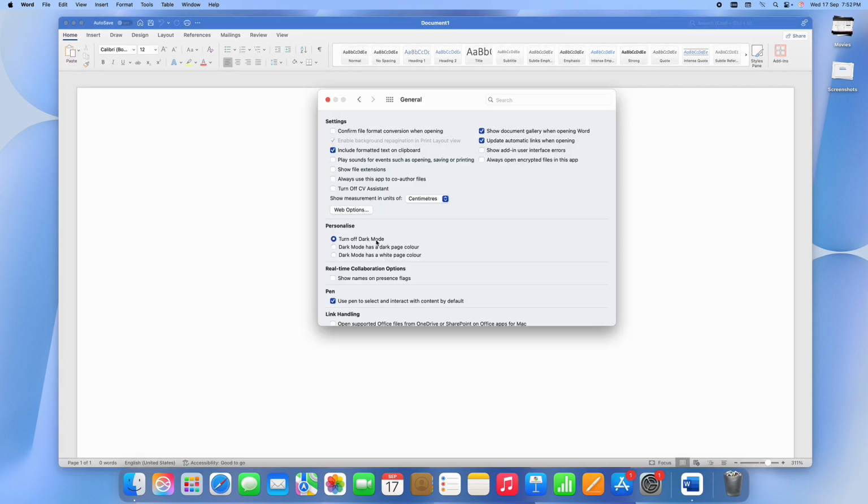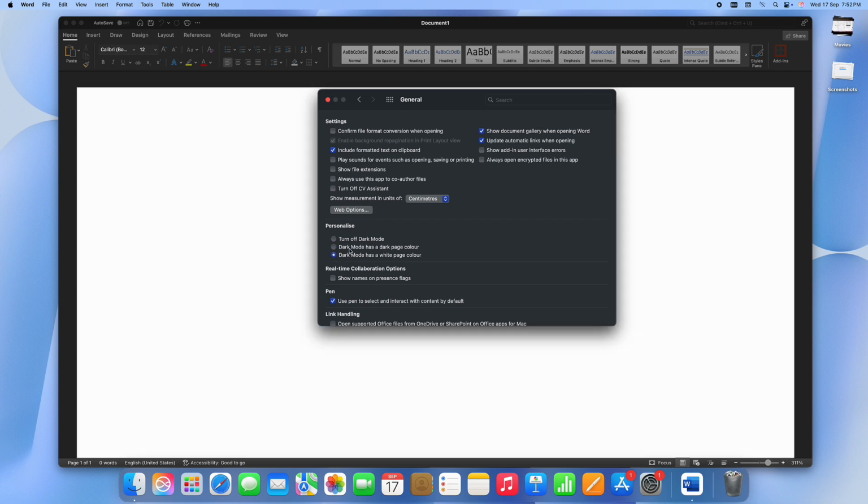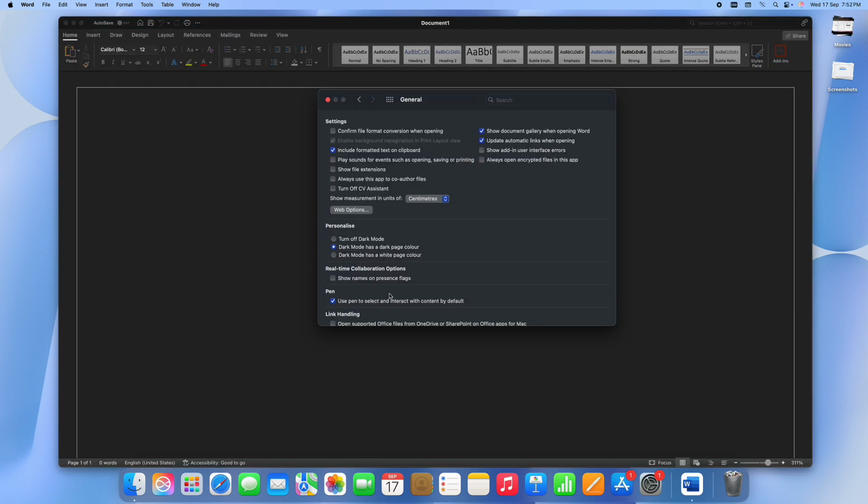Additionally, you can choose between different variations, either dark mode with a darker page color or dark mode with a white page color. Simply click on the option that suits your preference to get the desired white background while using dark mode. That's it. Now you can work comfortably in MS Word on your Mac without the dark background interfering